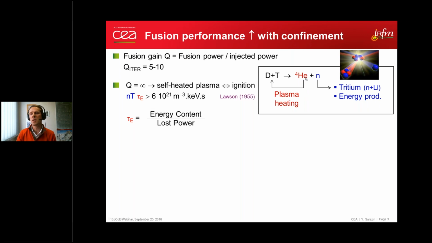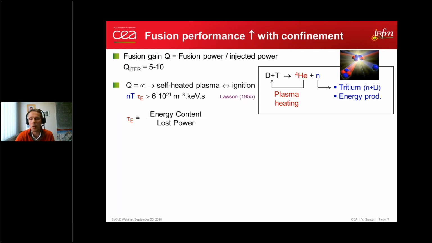Then the alpha particle is much more energetic than the deuterium tritium plasma, and before leaving the discharge, it will thermalize on the main ions and heat the plasma, so that the temperature remains at the right level for the fusion reaction to take place. So if you wish to obtain Q equals infinity, which is an ideal kind of tokamak plasma, then you reach what is called the self-heated plasma, where you no longer have to inject power to heat the plasma, and the alpha particles are sufficient to ignite the plasma and to reach